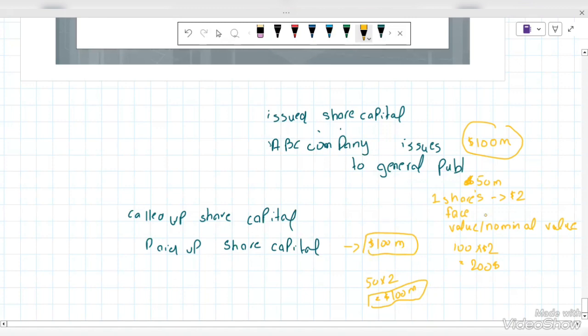If a company is successful in selling 100 million shares to shareholders, what does it mean? We have to multiply 100 by 2, so we have $200 million. So now paid up share capital is $200 million. This is very simple. It doesn't mean that a company is always successful to sell their